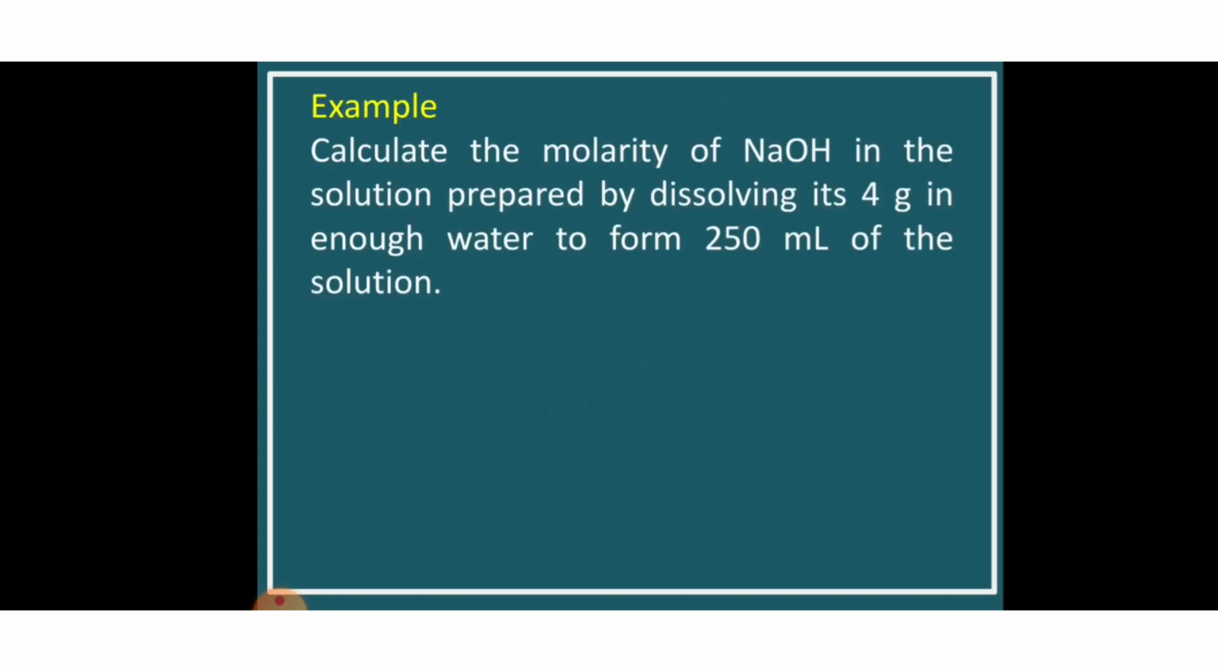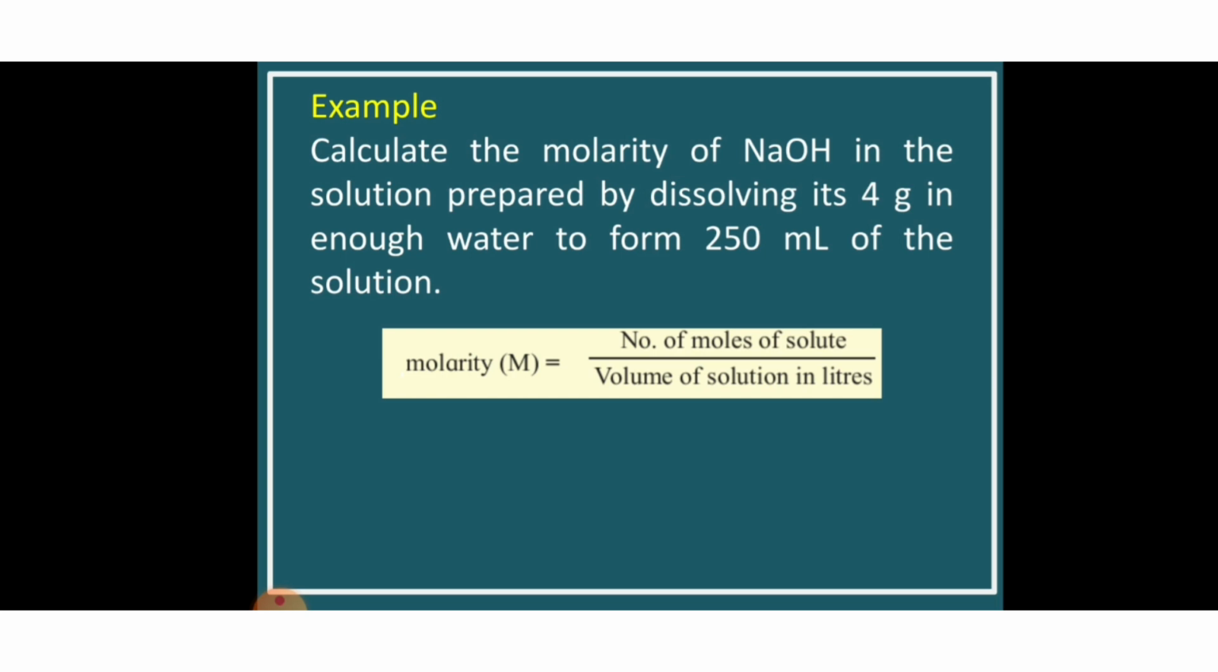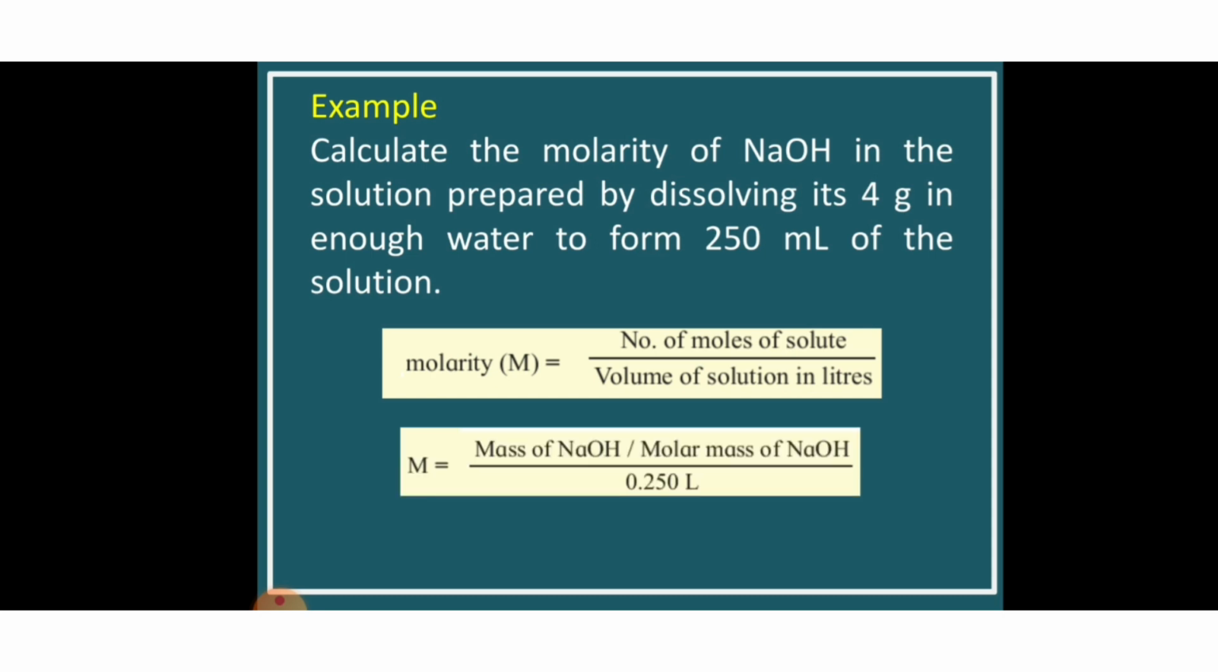Example: calculate the molarity of NaOH in the solution prepared by dissolving 4 gram of it in enough water to form 250 ml of solution. So the formula: molarity is equal to number of moles of solute divided by volume of solution in liter. Number of moles of solute is equal to mass of NaOH divided by molar mass of NaOH, and volume is given in milliliter, so it is converted into liter. So volume of solution in liter is equal to